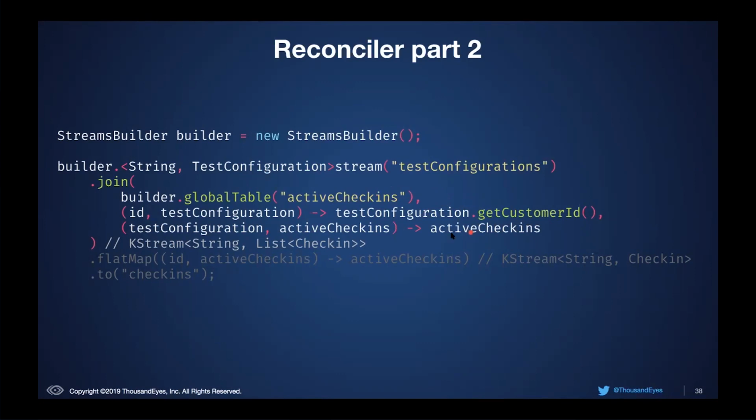So this returns a stream of a list. And so we flat map over that. What flat map does is, if you have a stream of a list of stuff, then it just flattens it out to give you a stream of stuff. It's one of those operators that's a bit hard to get your head around at first, but it's effectively identical to the Java 8 flatMap and all the other ones that are out there. Once you get your head around it, it's actually pretty simple. And finally, once we have the individual check-ins themselves, we just play them back to the same Kafka topic that the scheduler is listening to.